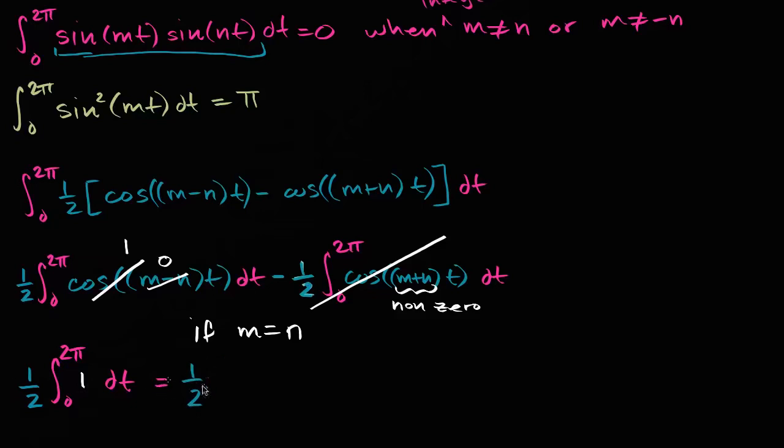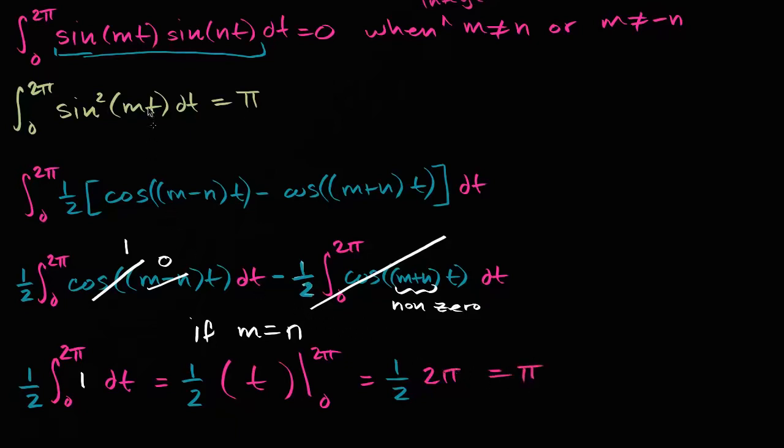So it's just going to be t evaluated at 2 pi and 0. I'm doing the same color so we can keep track of things. So that is going to be equal to 1/2 times 2 pi minus 0. Well, 2 pi minus 0 is just 2 pi. So I could just write that's 1/2 times 2 pi,